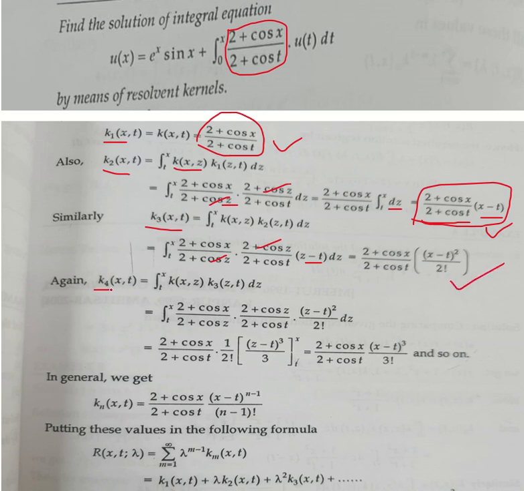Now we are going to find k4(x,t). Again, if I apply the formula, you get the integration of k(x,z) with k3, because n minus 1, when n is 4, is k3(z,t), the third iterative kernel. Here I have substituted the same thing I got in my k3, but instead of x I have written z because it is k3(z,t). Again common things I am going to cancel. So this one cancels, this one cancels, and whatever remains is left outside. 1 by 2 factorial I have taken outside. I have integrated (z - t) whole squared, so it is (z - t) whole cubed divided by 3. When we apply limits, it becomes (x - t) whole cubed divided by 3 factorial. So this is our k4(x,t).